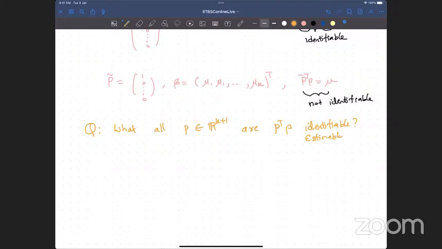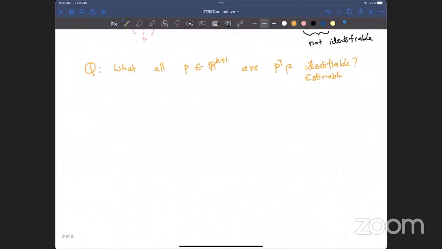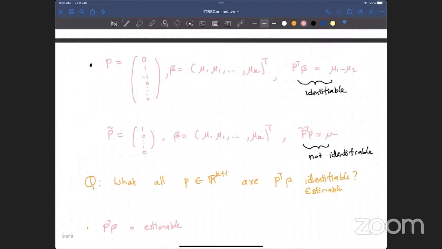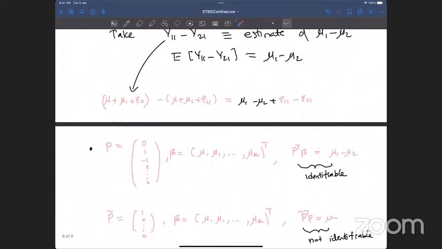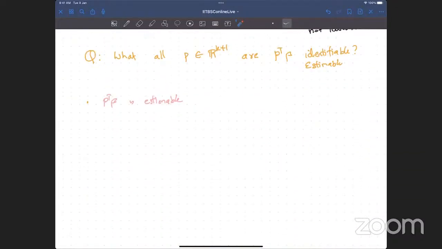Let me do that. So now I will define it properly. This is the first thing I will do. I will say P transpose beta is estimable. Remember, I told you mu1 minus mu2 is estimable because I can have a linear combination of the y's that gives me that. y1 minus y2, and everybody else gets killed, gives me mu1 minus mu2, with the fact that the mean matches. So I will say P transpose beta is estimable